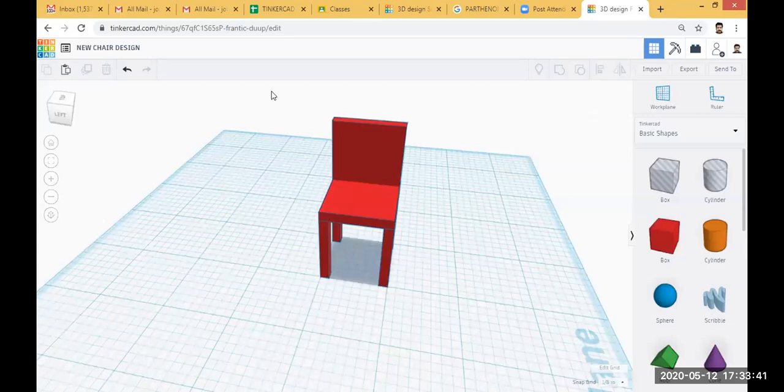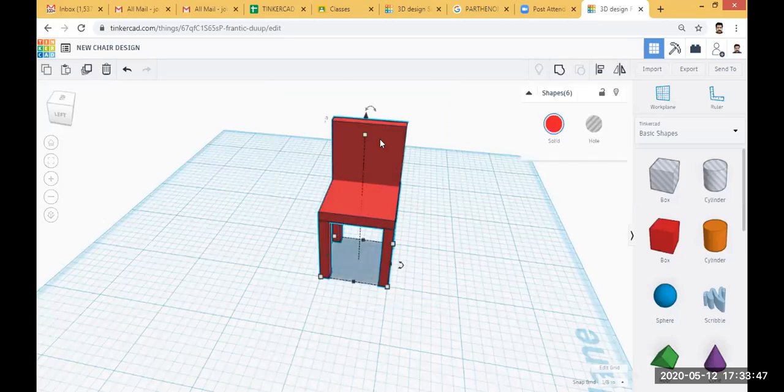For that we have to select the whole chair using the mouse. Now this is selected. You can see shapes 6 in the right side. Above shapes, you can see there is an icon called group, or the shortcut key is Control G. Every command has shortcut keys.